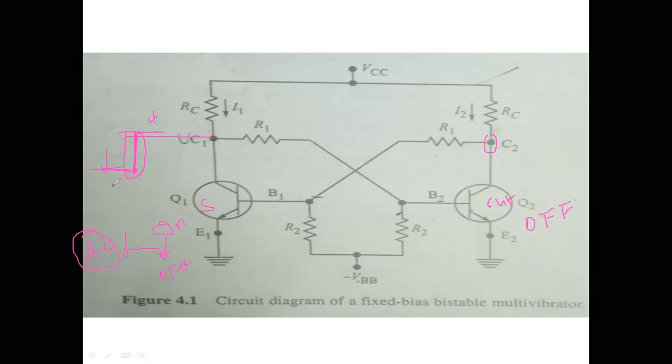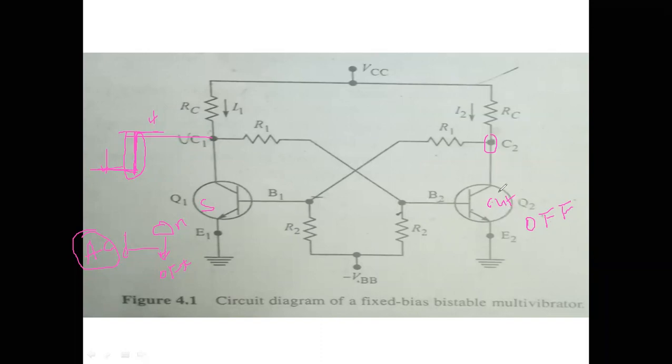Generally the bistable multivibrator may operate in active region, saturation region, and cutoff regions. But under the stable state, it may be placed only in cutoff zone or saturation zone. We won't have the active zones. Therefore let one transistor be in on state and the other transistor in off state. On state means it is in saturation mode, and off state means it is in the cutoff zone.